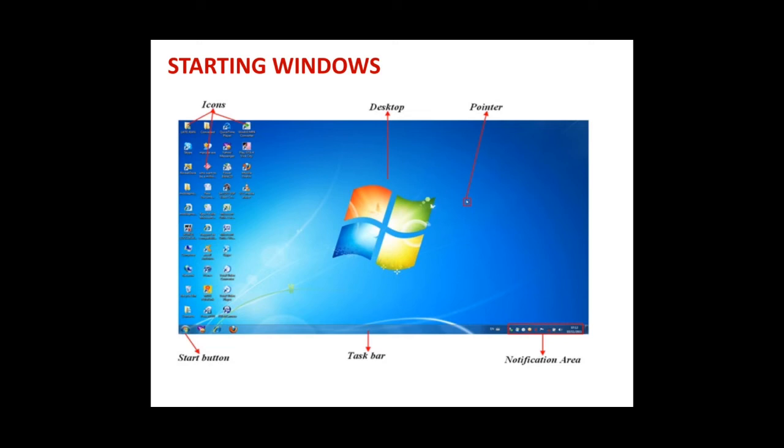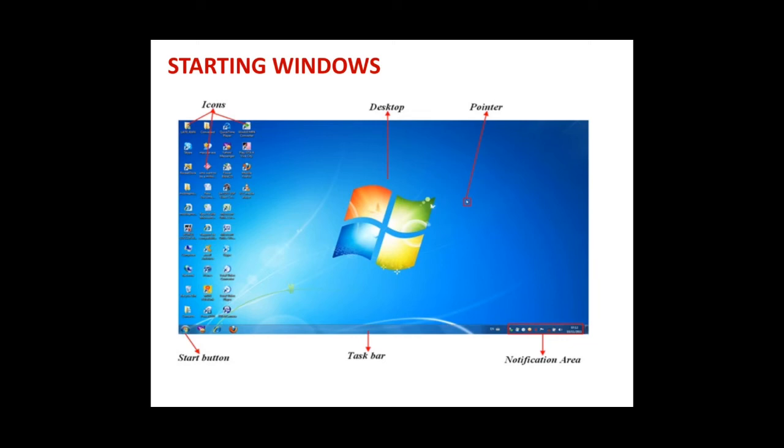Now here is one pointer. You all know that your mouse pointer shows as an arrow like this. Then there is a circular small button with the window picture on it.